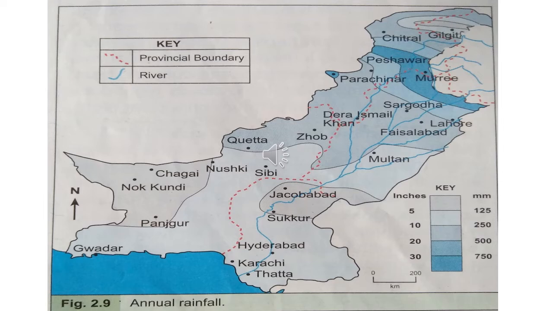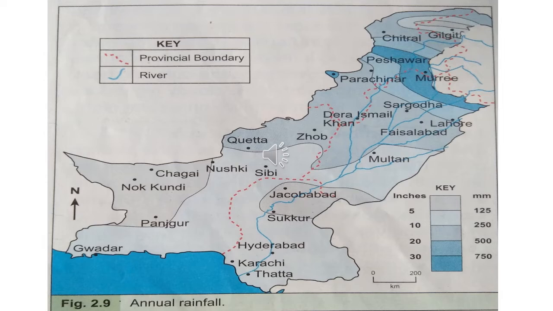If we look at Multan, we receive 125 to 250 millimeters of annual rainfall in this part in south of Punjab. This is the part Multan, Bahawalpur, Rahim Yar Khan region, and so is the case with Sibi, Noshki, and the other southern parts of Pakistan. We have Thatta, Hyderabad, Sukkur, Gwadar in this. Whereas this part where Jacobabad and Sukkur is situated in this northeastern part of Sindh, it receives less than 125